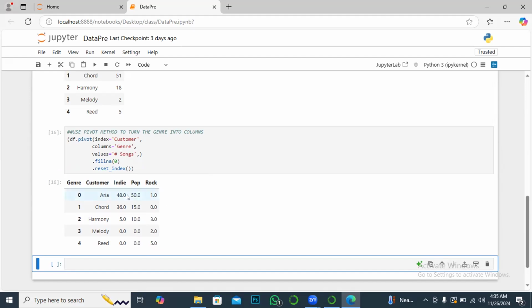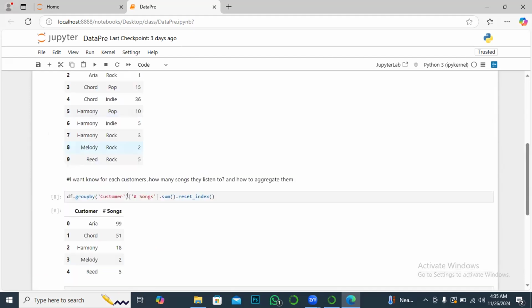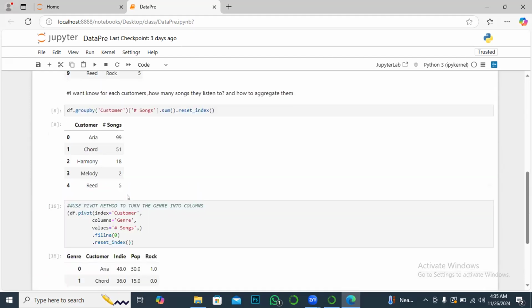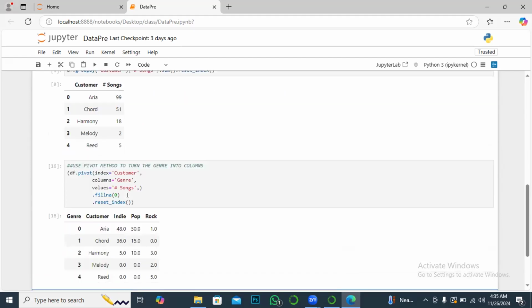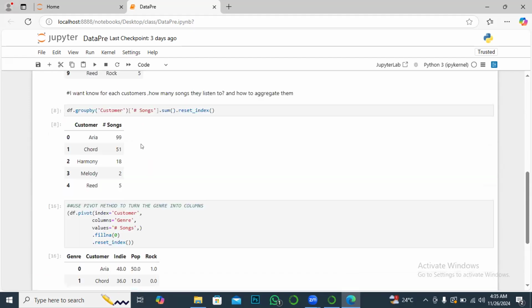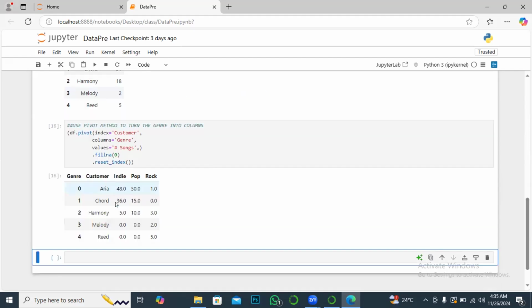So you can see that what we achieve here, this restructuring, is different from the group by. What the group by did is to list out all the unique customers and sum up all the number of songs they listen to. But this one is actually restructuring, which is the main topic, row granularity, which has to do with